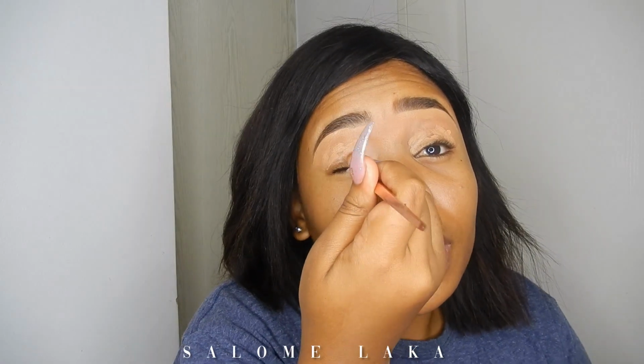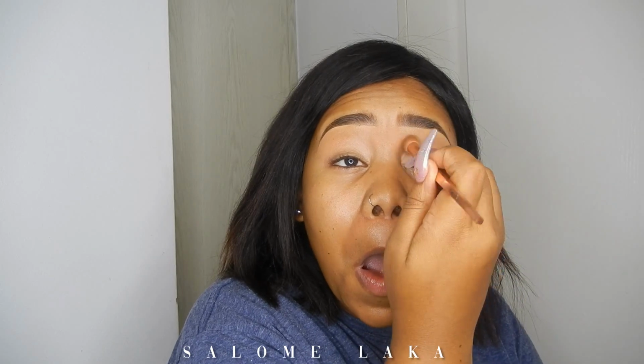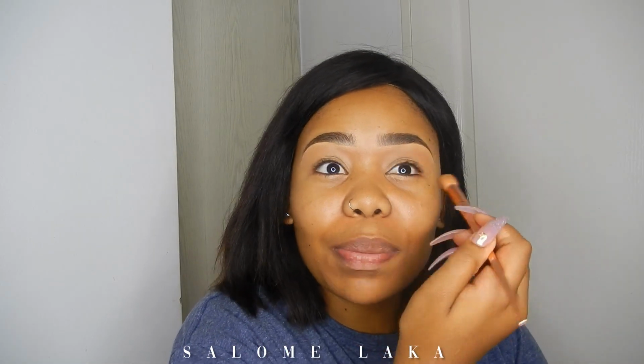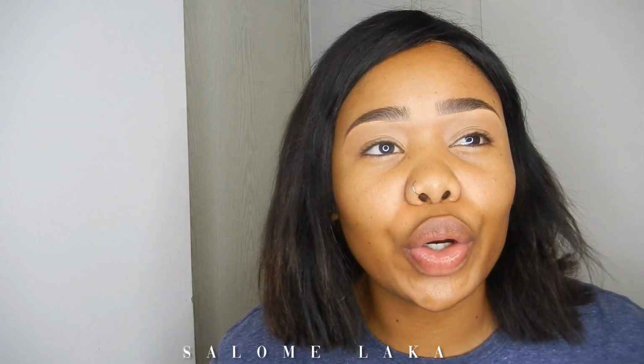I use a different brush to blend this out because I can see this eyeshadow is in the way. Literally, I look like I have eyeshadow on. It's so funny because that's not the plan. But it's fine. Next up, we are going to be using this baby right here, which is a primer